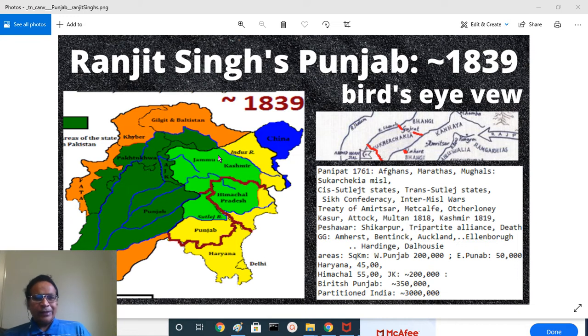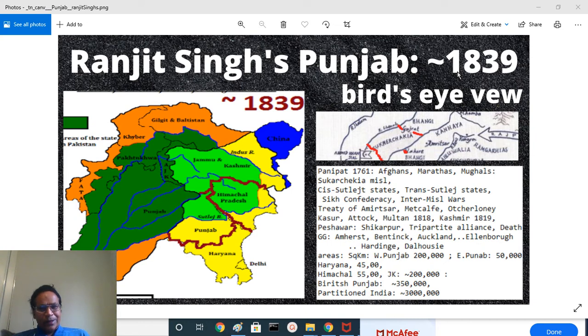There are nearly a dozen of them, like Pulkian Misl in the Haryana Punjab border, today's East Punjab, and Bhangi Misl, Nakai Misl, Ahluwalia Misl, Ramgharia Misl, and one of such misls is Sukerchakia. That Sukerchakia Misl, Ranjit Singh's father Mahan Singh was the ruler. It is across the river Ravi. This is river Ravi, and this is Chenab, and Sialkot will be somewhere here, and Jammu Tawi will be somewhere here. It is a small misl, and Ranjit Singh, who was born in round about 1780 or so, became